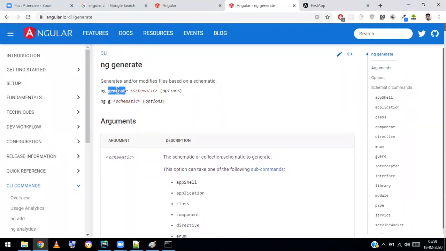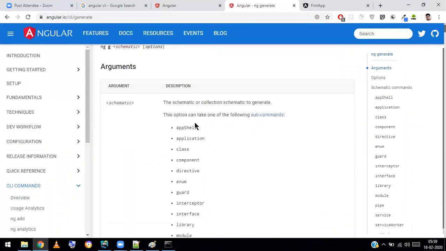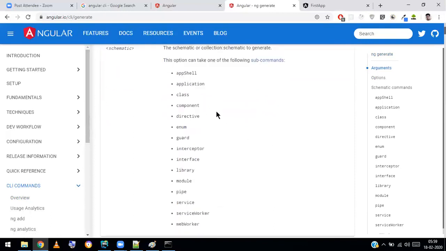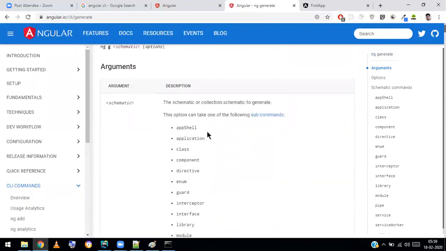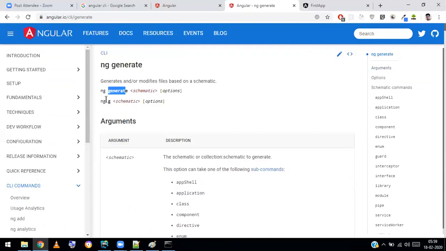So I'm going to generate what? You can generate an app shell, create a new application, or generate a class, component, directive, enum, guard, interceptor, interface, library, module, pipe, service, web worker. Many things can be generated using this command.